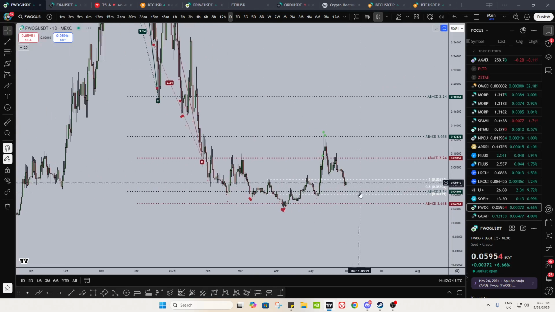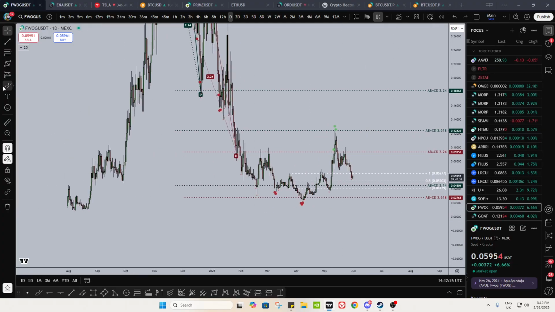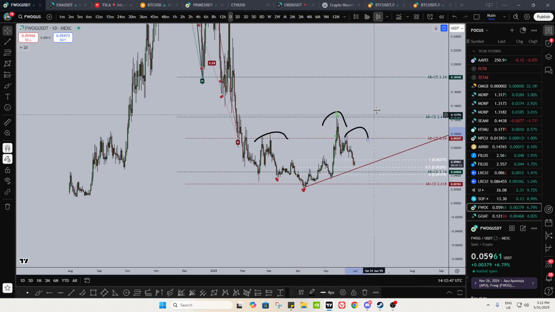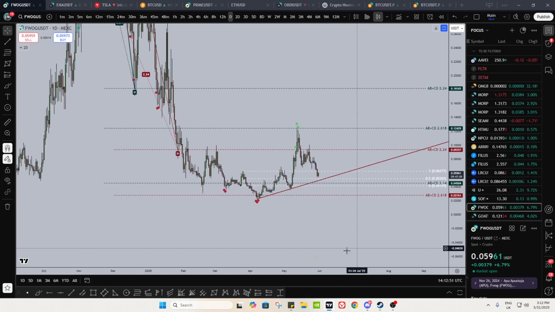I would not want FOG to go and take the lows again, right? I mean, it could. There's local distribution here across the range. Since you fail to get above range highs, you could go and take out range lows before reclaiming. But what I'd want it to do, and what I'd want many coins to do, is just hold trend for now. Keep it simple. Hold trend and then just send it, right? But right now, if you're talking FOG, I do see a potential wave structure. So let's analyze that.